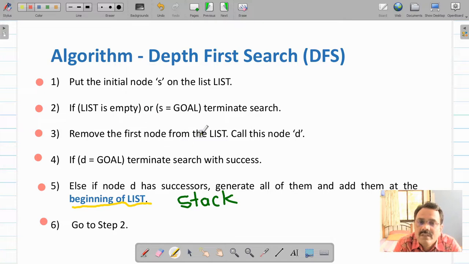Otherwise you are removing the element at the beginning of the list, and then you check whether it's a goal. If not, you find its successors and put them at the beginning of the list. So repeat this until you get the goal state or the list is empty. So this is how the algorithm works. Now let us analyze this algorithm.